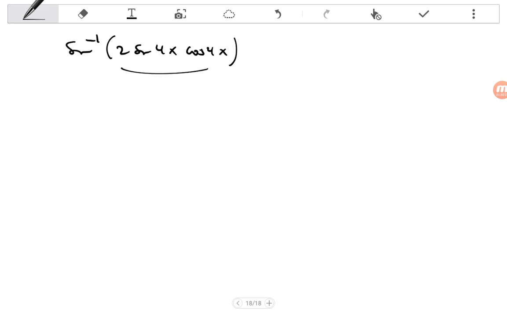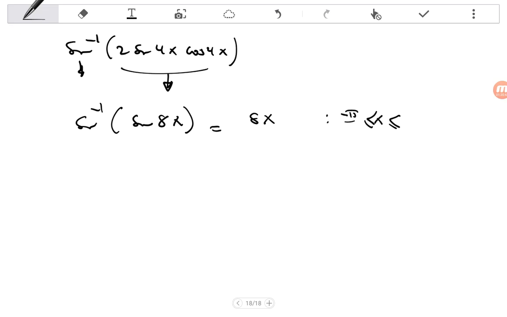In this case, I have the trigonometric function inside the inverse function. That's why I need to express that using sine. Can I say that that expression can be a sine of some angle or not? Yes, this is the sine of 8x. So the result of this one will be 8x for the x's which are inside the restricted domain of